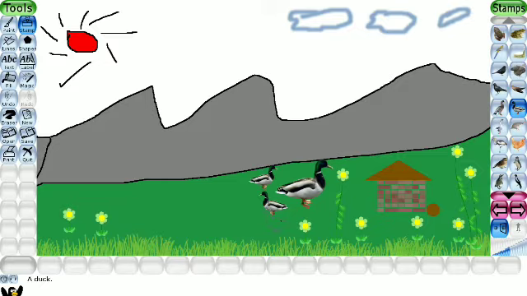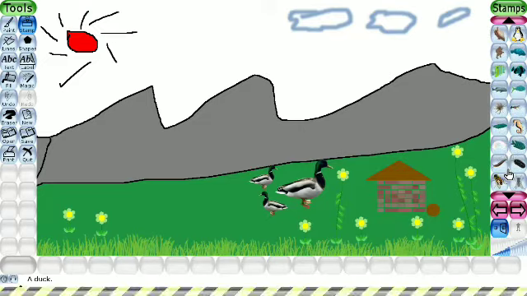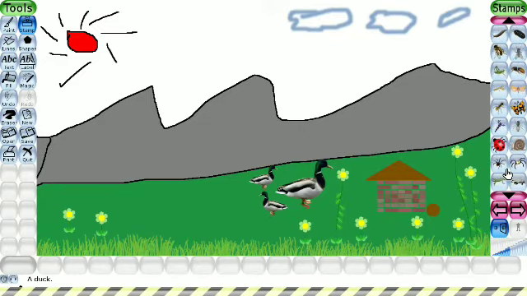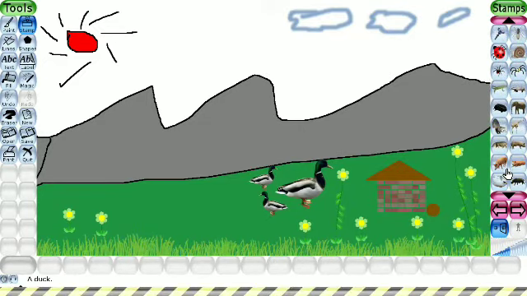Now, if you want to get an animal, just scroll down. Here you can see some arrow button. You can click on that arrow button, or you can scroll your scroll wheel on your mouse. Just scroll and find out the picture that you want. Some animals picture I want to insert.